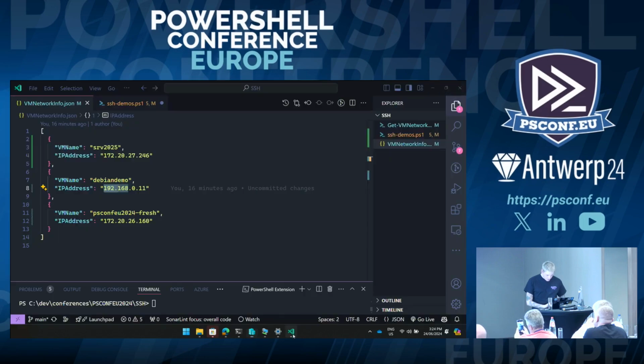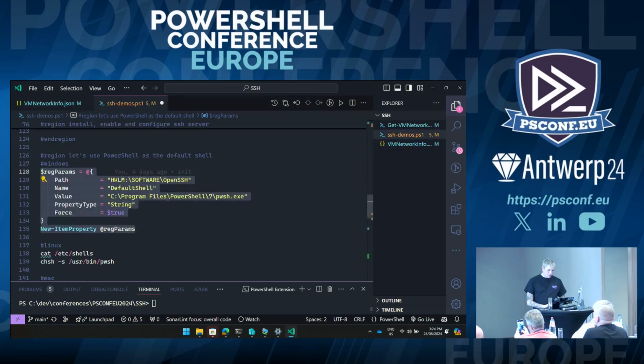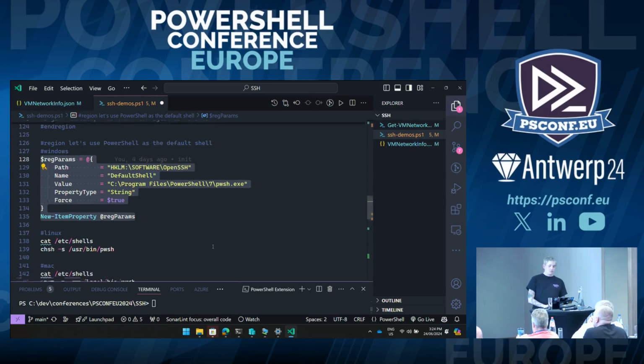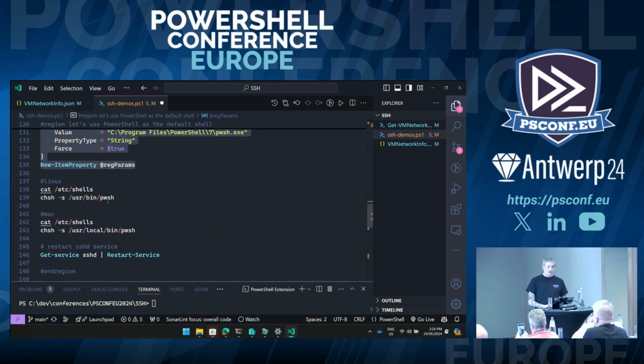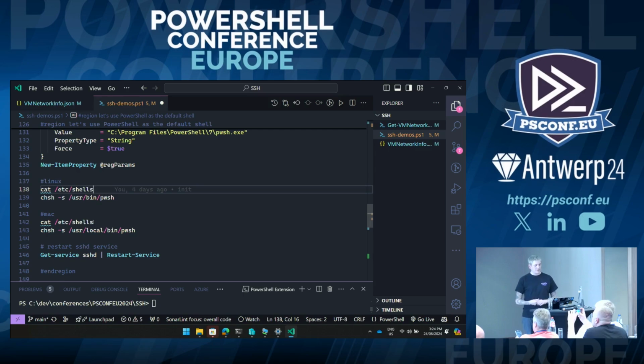Okay. While we're waiting for that to start up, just to show you, obviously on Windows, all the configuration is just registry keys. Linux is not like that. It's just a system full of text files. To configure your default shell, there is a command basically called chsh, change shell. So what we do in a Linux environment, we just check what's available. We're just going to list, or essentially cat, what's available on our machine, and hopefully we see PowerShell. The default path, if you install it just following the defaults, is always /usr/bin/pwsh.